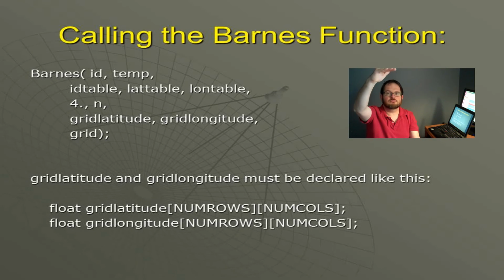Northernmost is row 0, right? The latitude of northernmost is that 0th row of your array, and southernmost is the num rows minus 1th row of your array. Anything in between is just interpolation. Same with